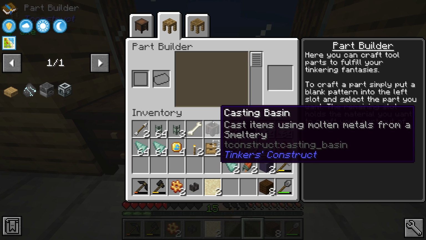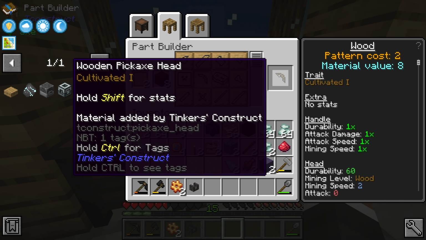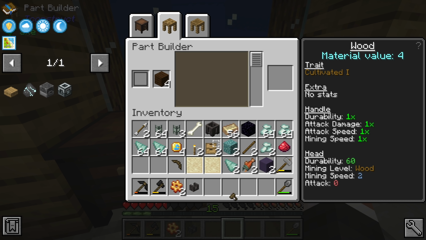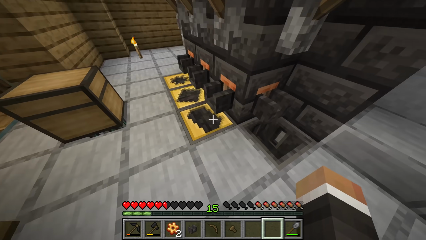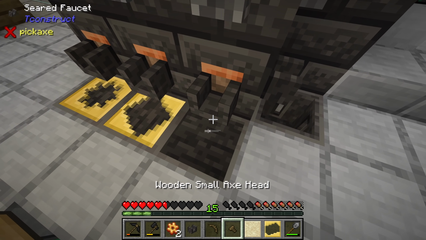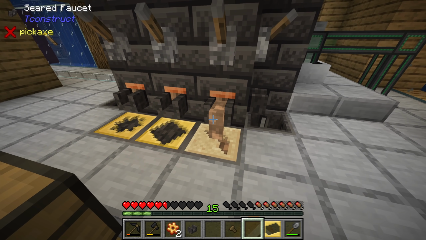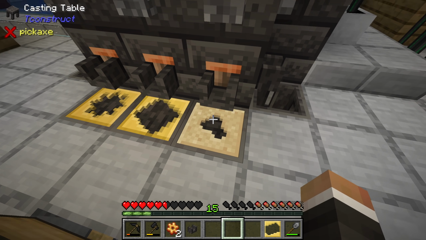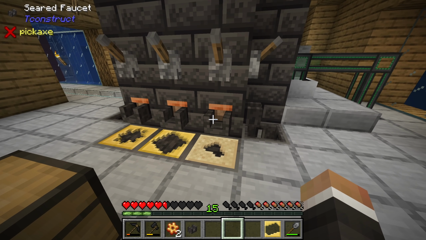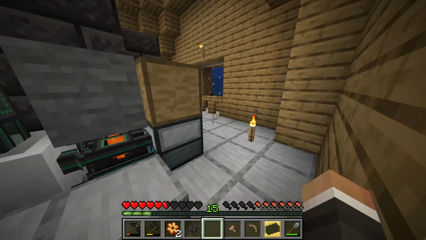So over in the pot builder, we'll do pattern and wood. Let us get a pickaxe head and an axe head. And then right around on the other side, we'll for now take away the ingot cast. We'll do sand cast with the wooden pickaxe head. And then we can pull out the bronze. We can then do the same thing with the wooden axe head. Pull out the bronze. And once we have both of those, we should be good to upgrade both of our